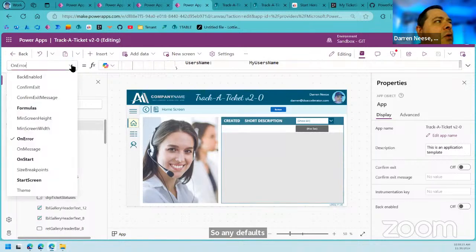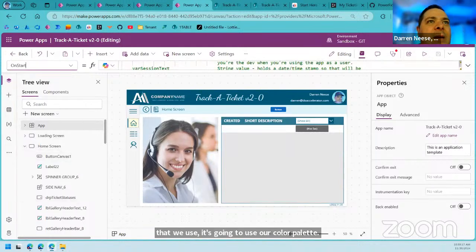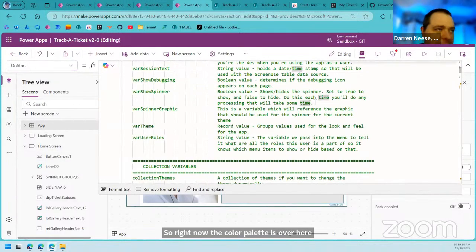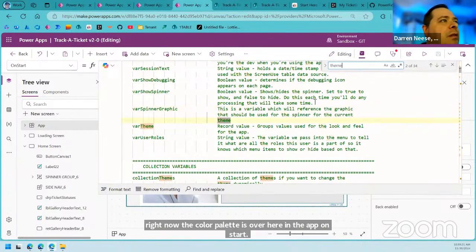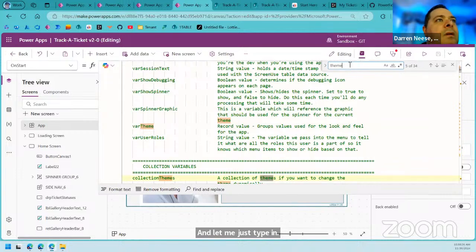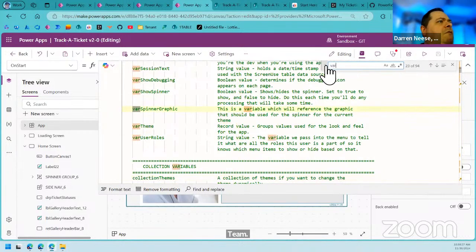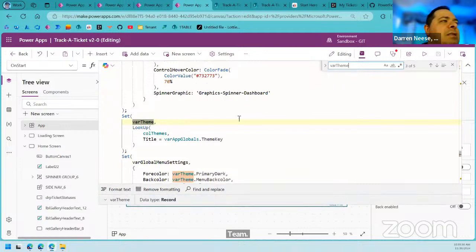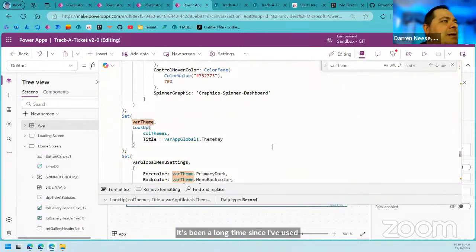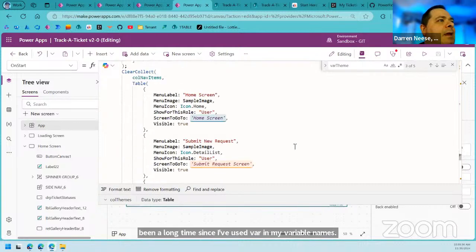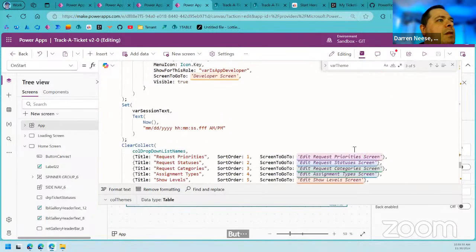So right now the color palette is over here in the app on start. And let me just type in theme. I should probably say var theme. It's been a long time since I've used var in my variable names, but okay. The themes are,